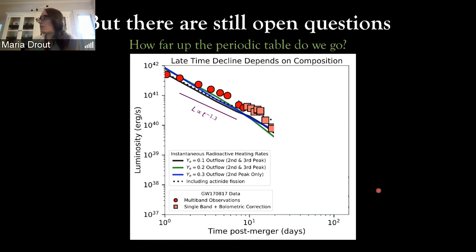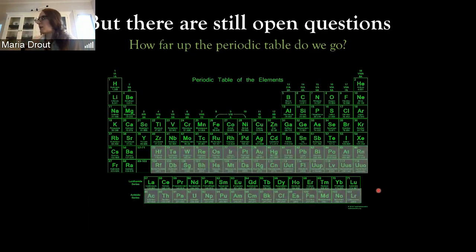And it turns out this is an important question because it's really asking this question of, do you just go part of the way up the periodic table, or can you actually get to the heaviest elements down here? In particular for JWST, we still have this uncertainty about things like mercury. Can you actually make those in neutron star mergers?